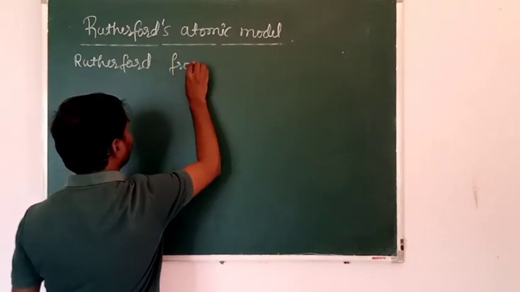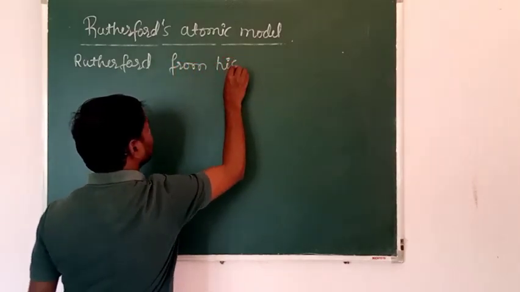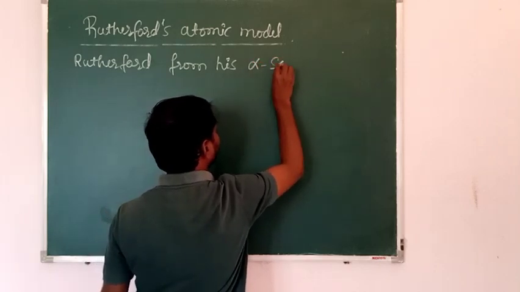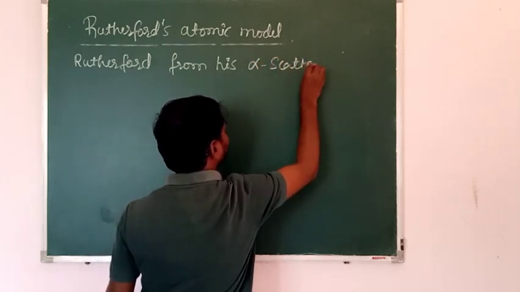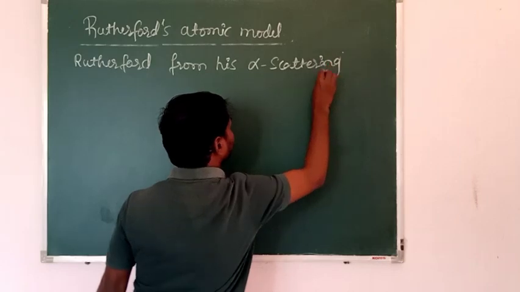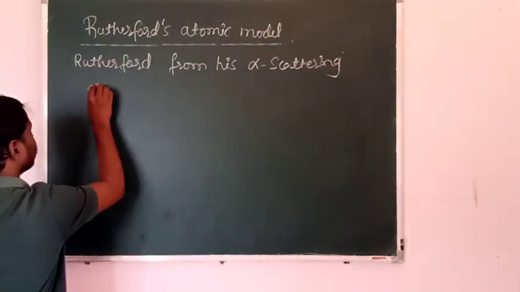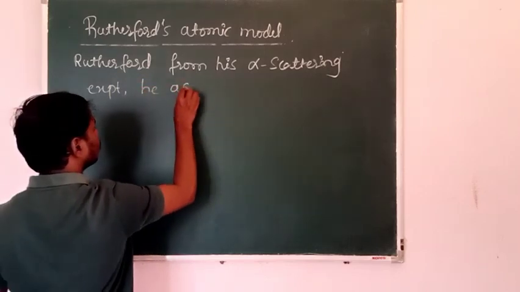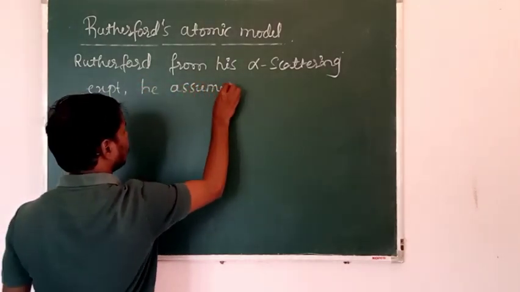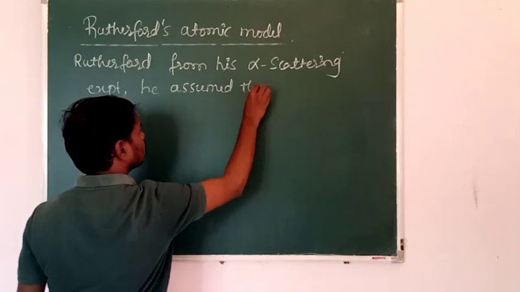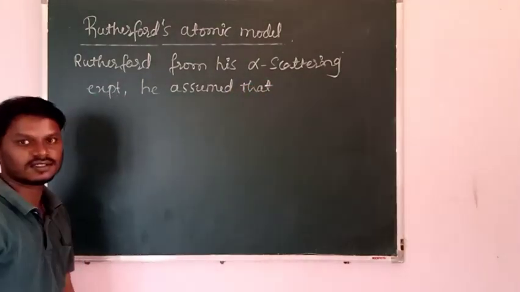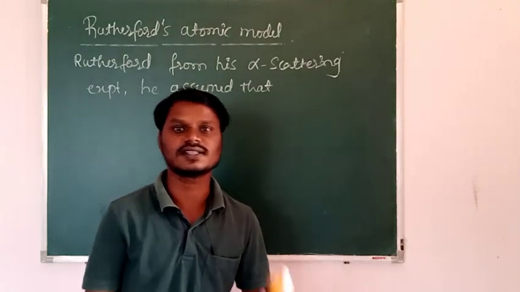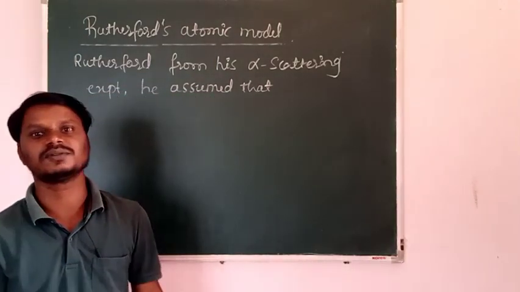From his alpha scattering experiment, he assumed that the entire positive charge of an atom is concentrated at the center of the atom, so that is called the nucleus. First one,